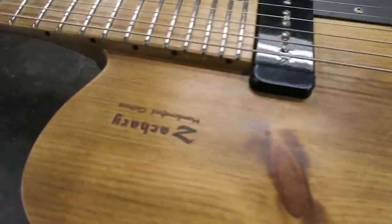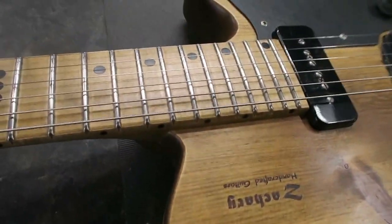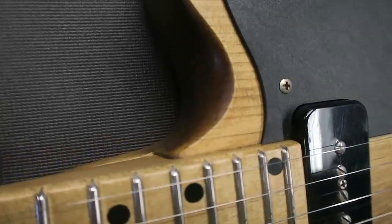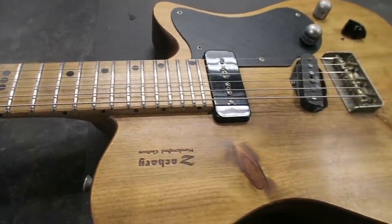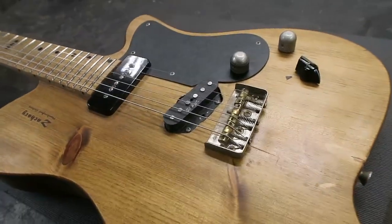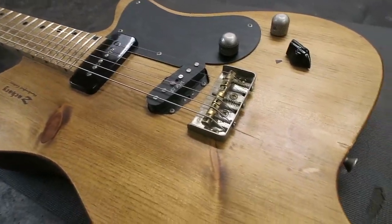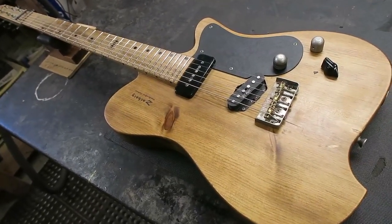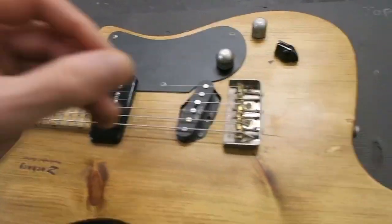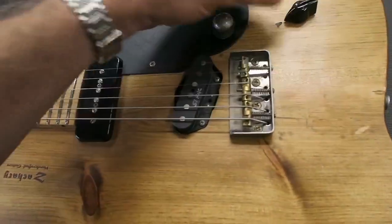And look how nice the neck pocket is. No CNCs used here. No CNCs used in the fabrication, in the creation of this musical instrument. No CNCs used. And this is neck,